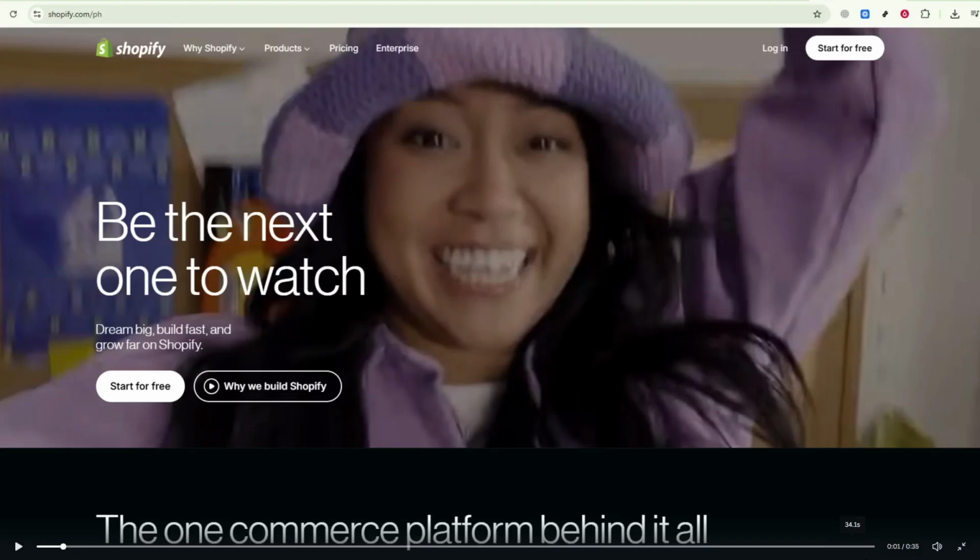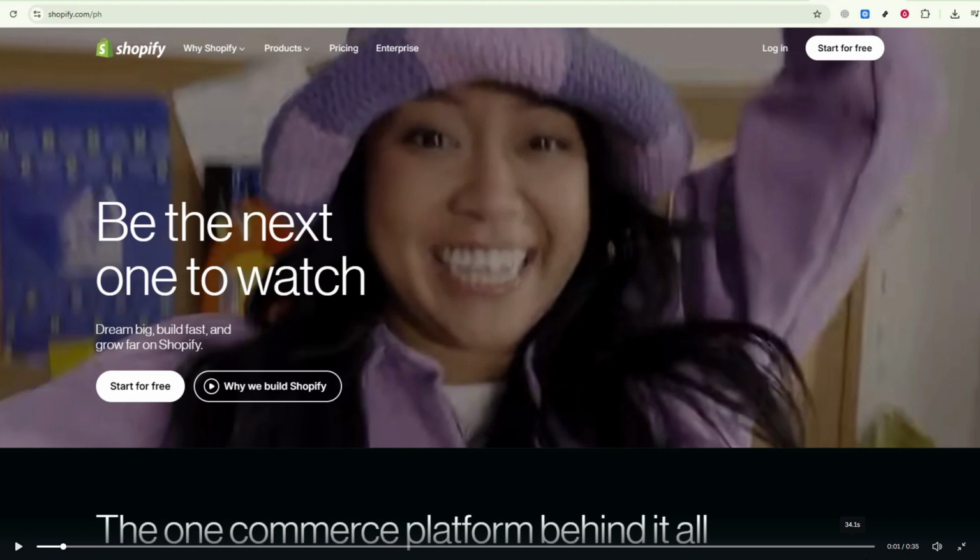In today's video, I'm going to teach you how to remove your Shopify store password page. If your storefront currently shows a password screen, this walkthrough will help you open it up so anyone can browse and buy without needing a code. I'll keep things clear and simple, and along the way, I'll share a few tips to make sure everything goes